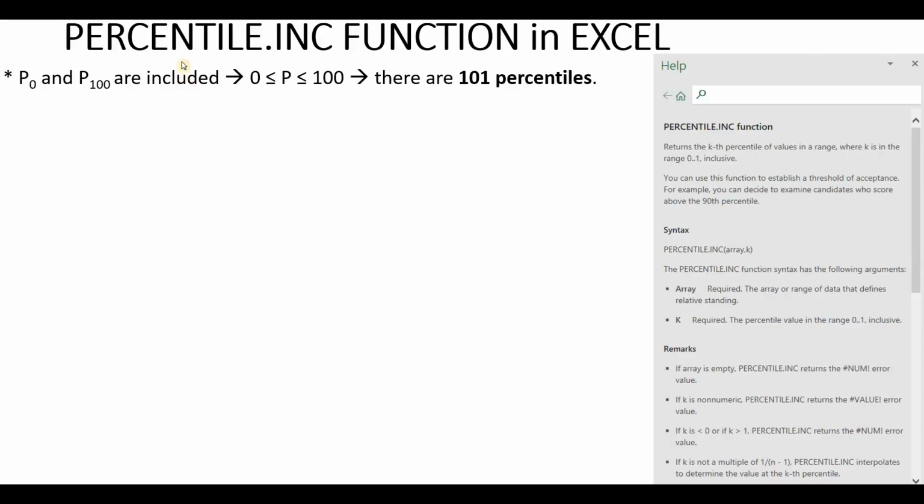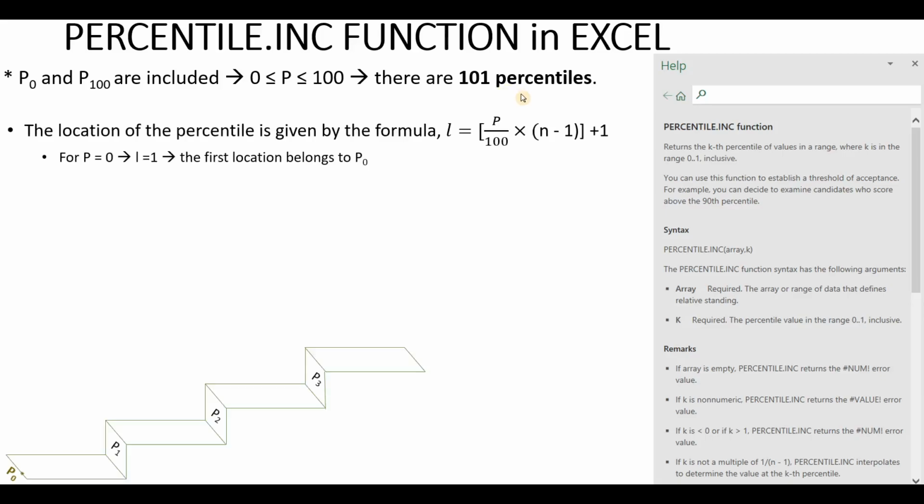Now, what is the difference with the percentile inclusive function in Excel? This function includes both the P0 and the P100, so we have 101 percentiles, as you can see right here. The location of the percentile is given by this formula. And so for P equals 0, we have the location equal to 1.